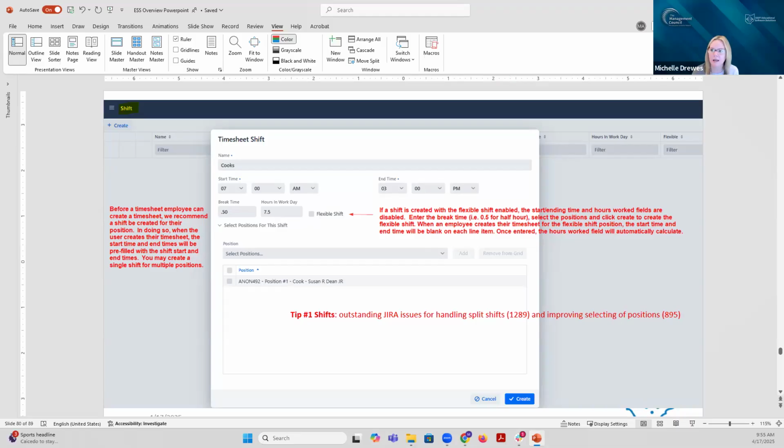The other one is 895 here. Let me go to my overview page here. So yeah, 895 is going to improve selecting a position when creating a shift. Right now, when I'm selecting positions, I can only do it on the employee ID number, and I don't know those by heart. So I need to be able to select by the person's name. And so 895 is going to also put that in there